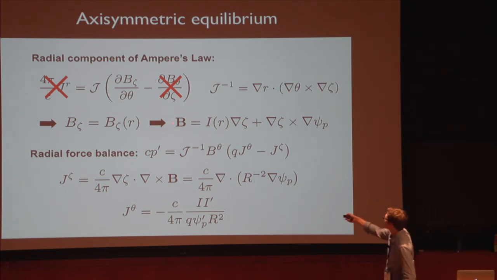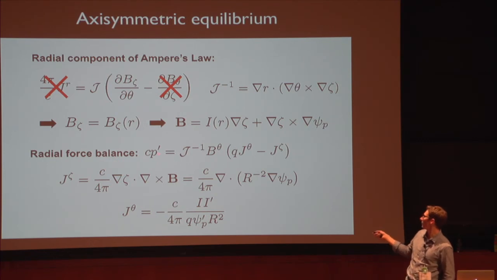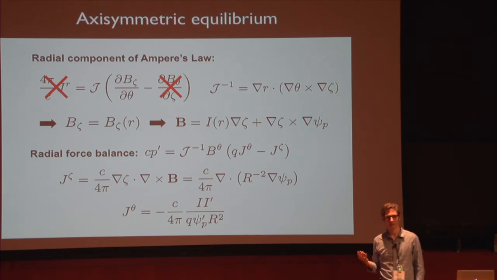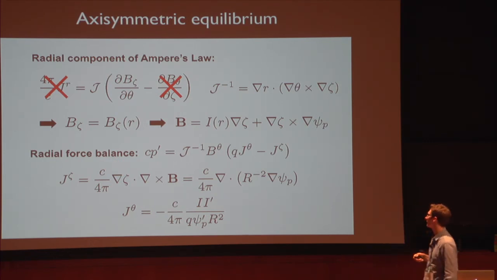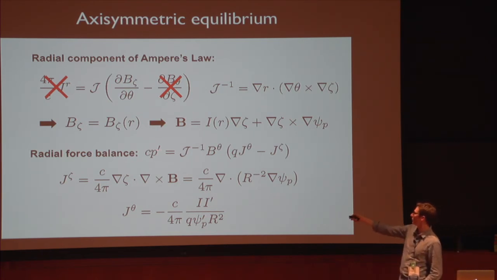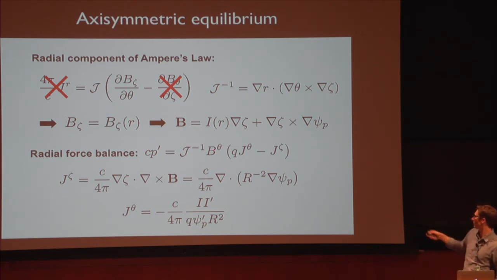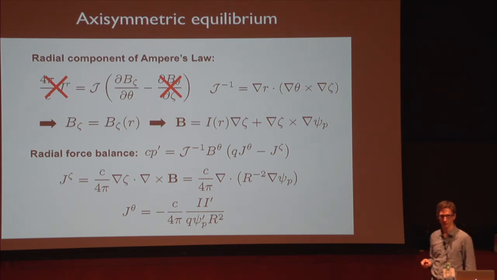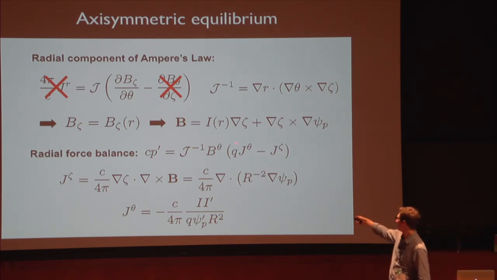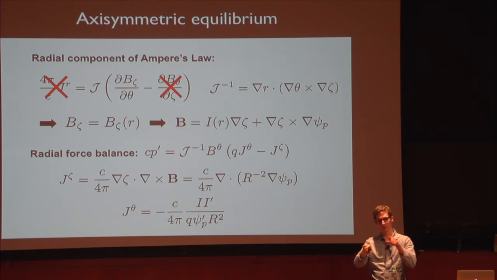So what we can do now is take this form for the magnetic field and plug it back into our equation for force balance, right? So our equilibrium constraint in these coordinates just looks like some p prime, the derivative with respect to this radial coordinate r. It involves the poloidal magnetic field and the toroidal and poloidal currents in the plasma. And remember, this q here is the safety factor,